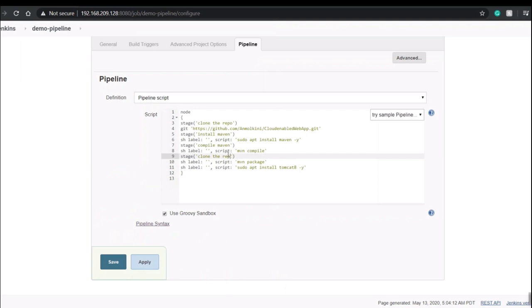We might all know Jenkins is an automation tool built for continuous integration purposes, and it is a server-based system that runs in servlet containers such as Apache Tomcat. And why do we install Maven? Because it describes how software is built, and also it describes its dependencies. So now I will write another script saying sh label.